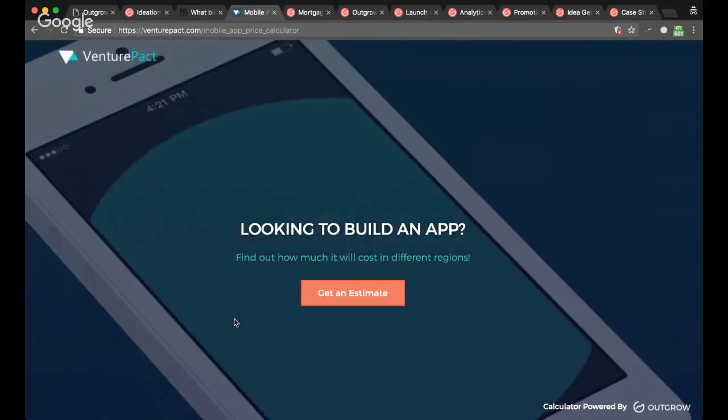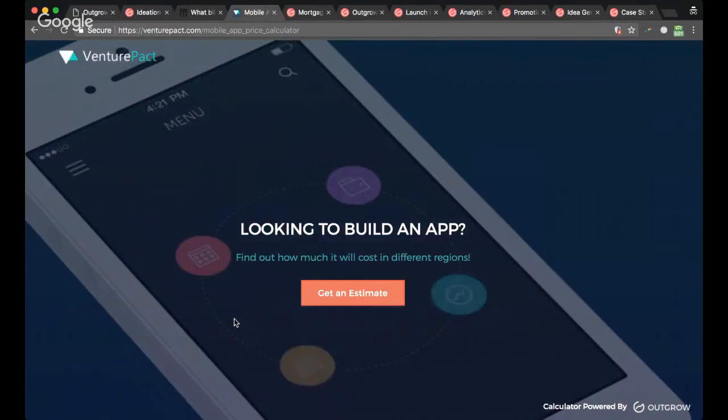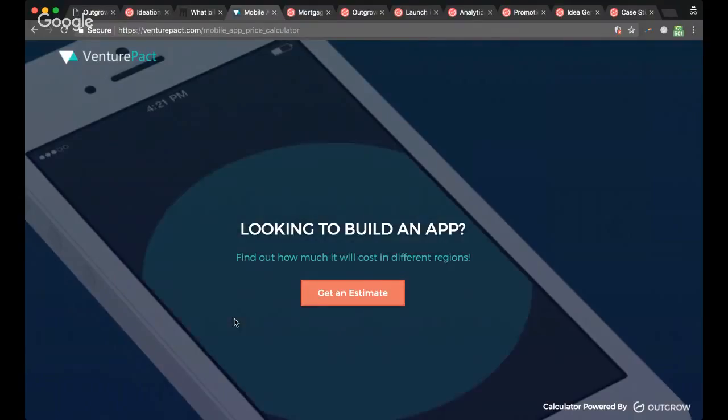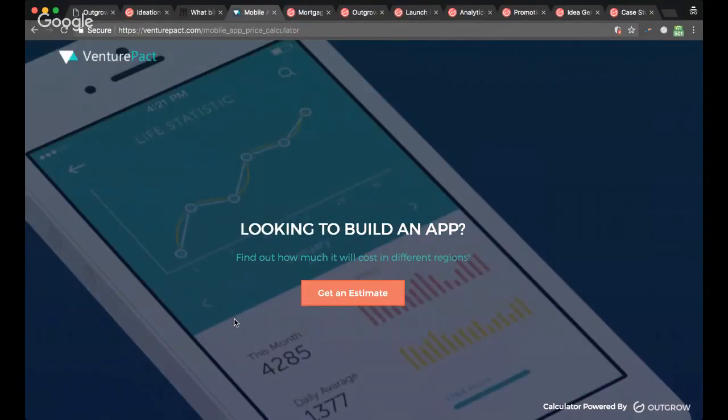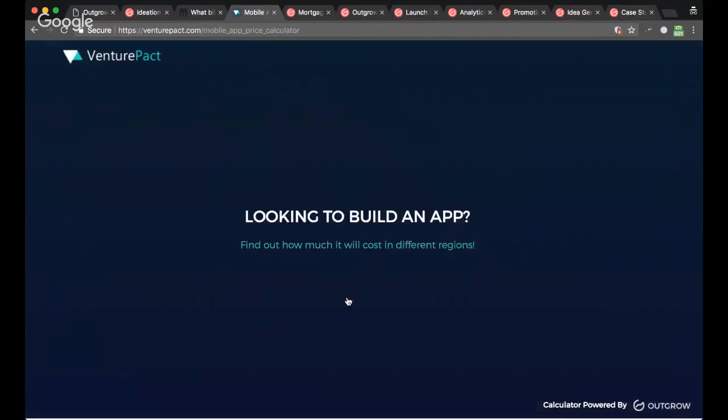And most people, what they do is they write a blog post, and the blog post is a good first step, right? It gives people guidance in terms of, okay, if you need something like this, then this is the range. If you need something like that, this is the range. But it's not personalized. Whereas here, if I say, okay, I want to build an app, it's going to tell